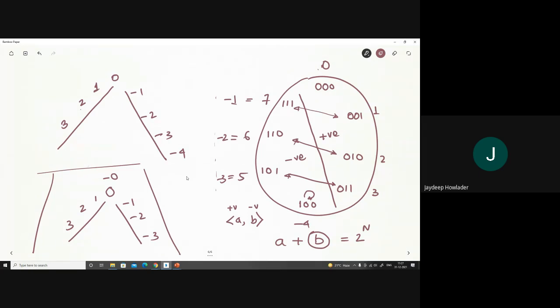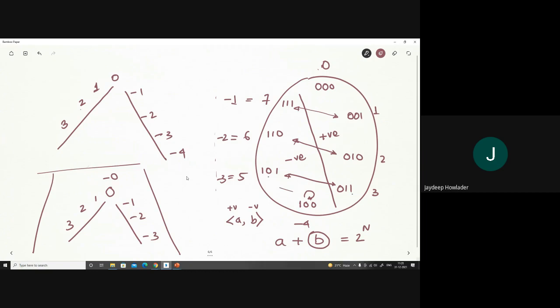Is it clear? Yes, sir. So if I have understood that point, for every n-bit system, every number A has its unique complement. One of them will be treated as positive, another will be treated as negative, and their value will be the same, either positive 3 or negative 3. So they are complements: this is negative 3, this is positive 3.